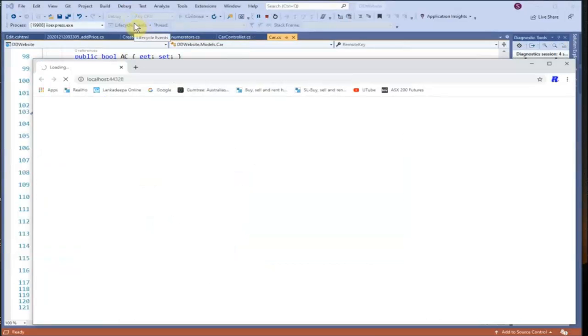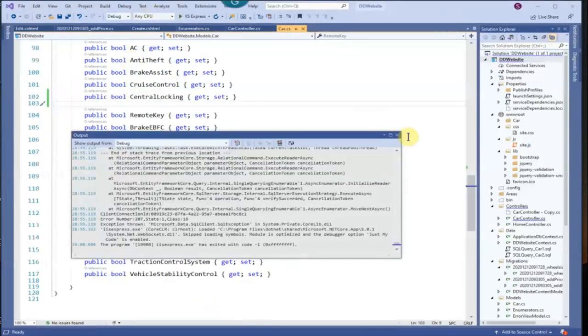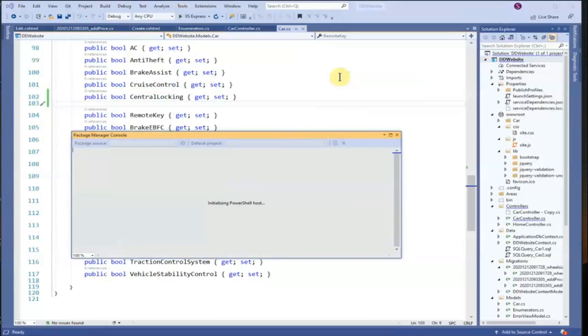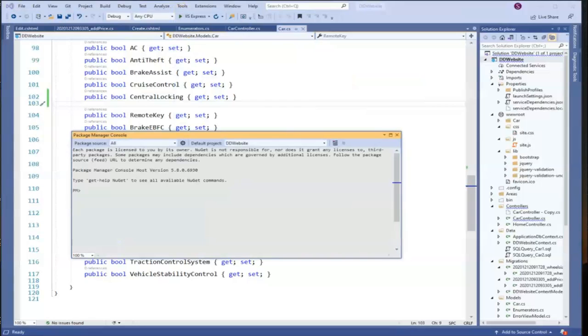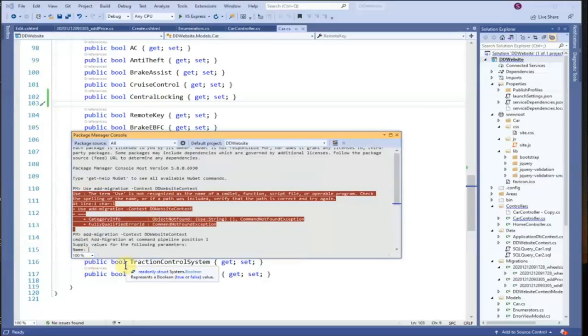So this should bring up an error message because the database operation failed. Yeah, okay, so we will do the same thing as before. Let's see. Okay, and so we'll go to tools, NuGet package manager console, and we will use add migration. I think probably we don't need to run add migration, it may be already there. Okay, I just cut and paste, sorry, it is only add migration. Yeah. So we'll give it a name,